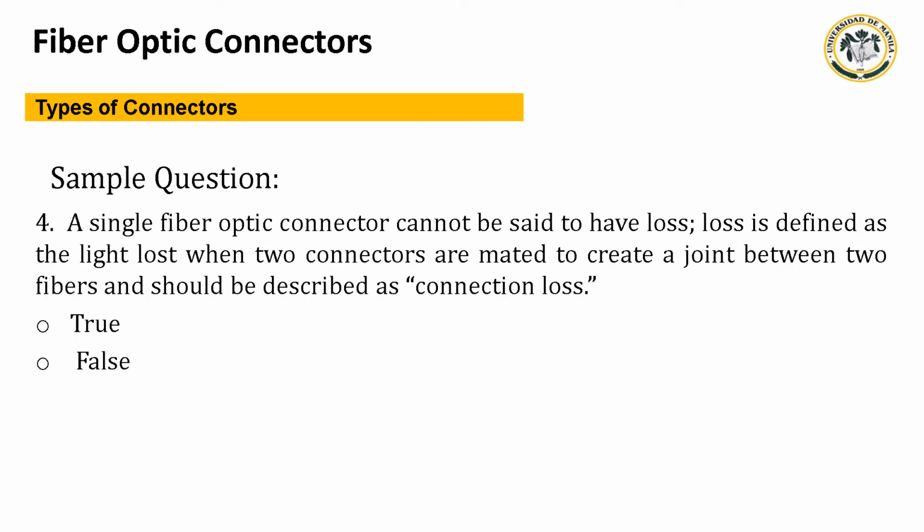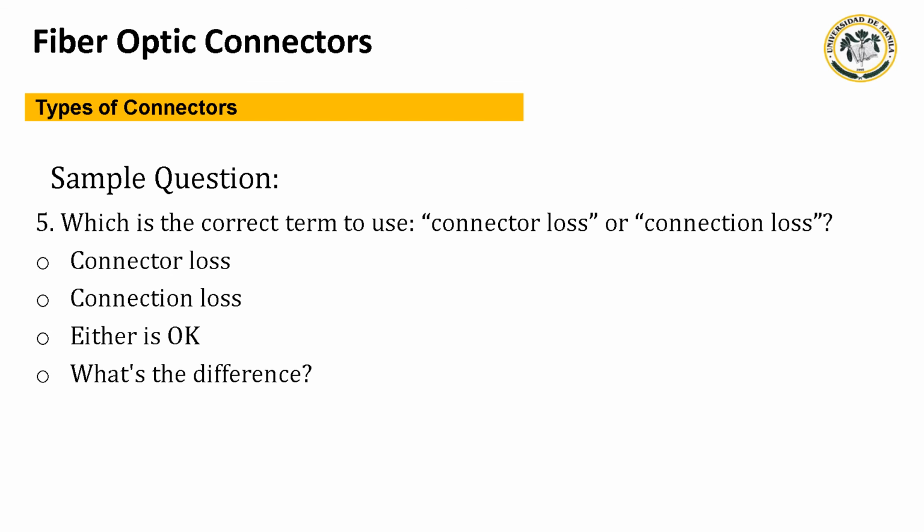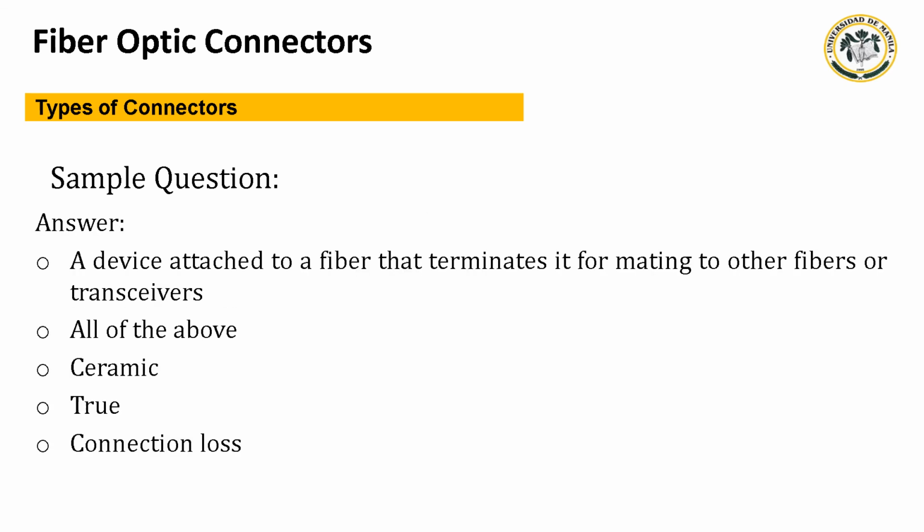Fourth, the single fiber optic connectors cannot be said to have loss. Loss defined as slight loss when two connectors are mated to create a joint between two fibers should be described as connection loss. True or false? Lastly, which is the correct term to use, connector loss or connection loss? Connector loss, connection loss, or either is okay. What is the difference? These are the answers